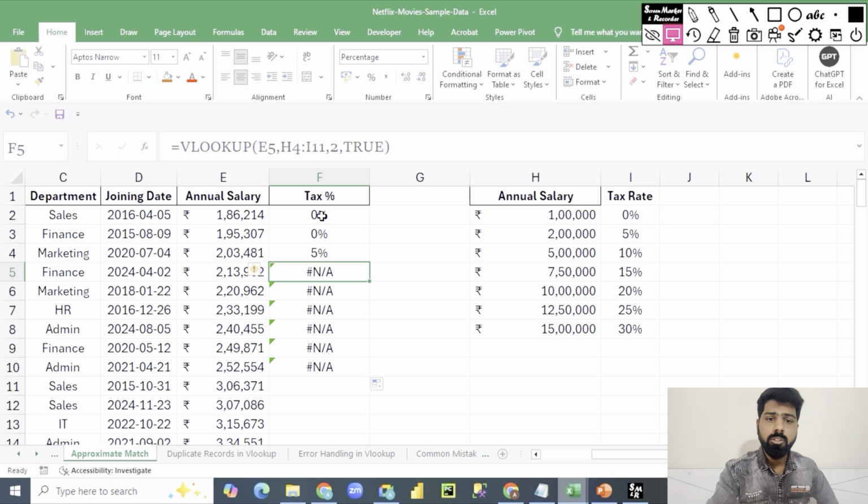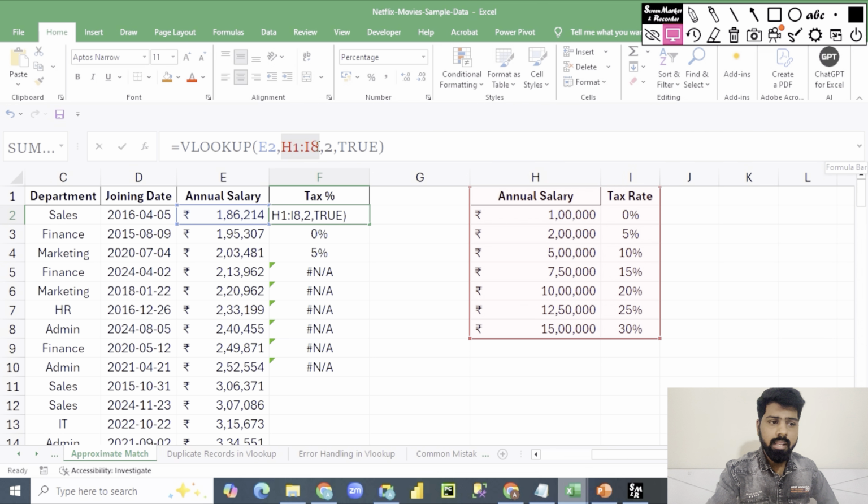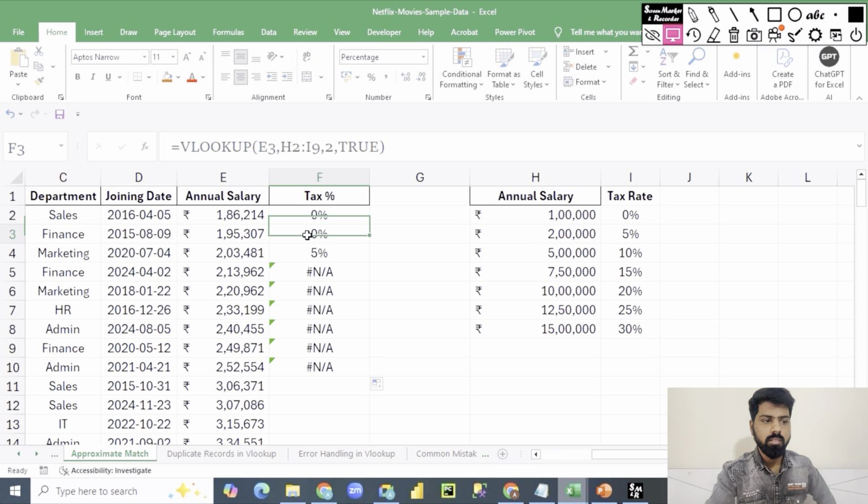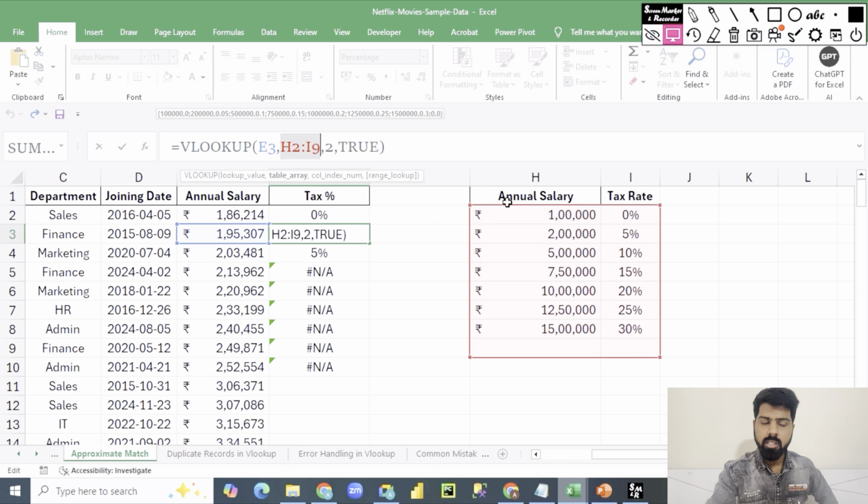Okay. I need you to focus on this formula. Here you can see we have the table array. As soon as I highlight this, you can see my table has been automatically highlighted because this particular range states this particular table. This is the first cell. Now I go to the second cell. I'll highlight this one. Now you can see immediately my table has shifted. In the earlier case, my table